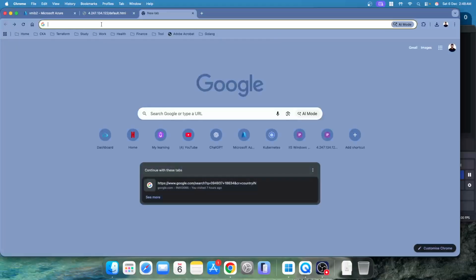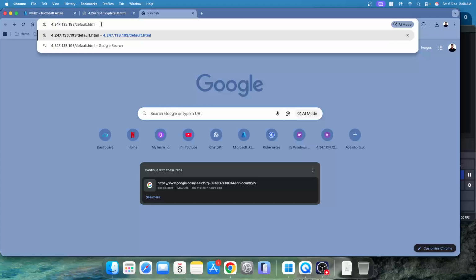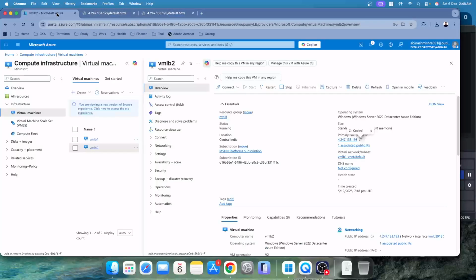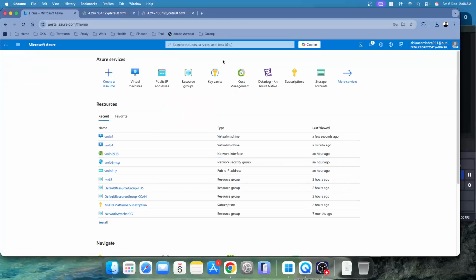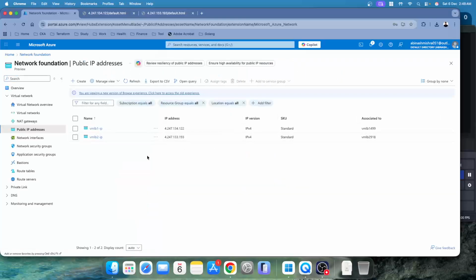Here is the message. This is LB VM2. So now we have both of the VMs, and then we also have to create a public IP address for our load balancer, which can act as a